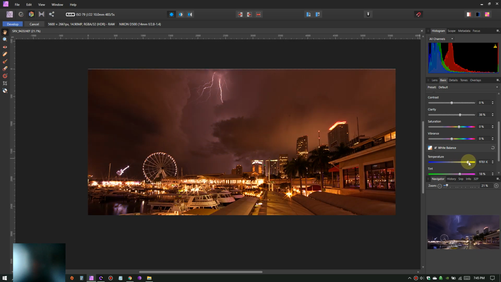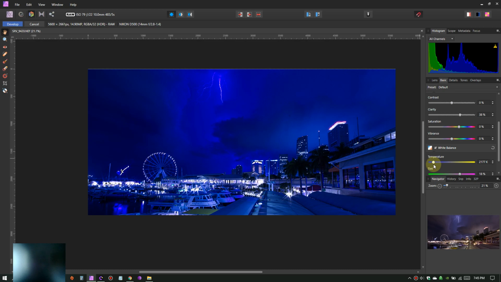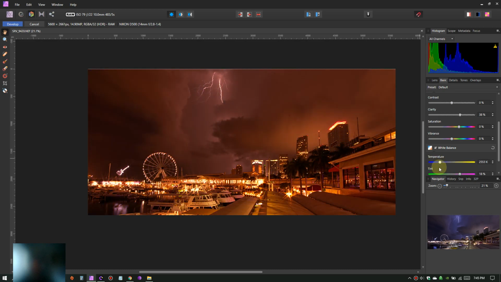This is what happens, and you can play around with this. You have Affinity Photo. Knock yourself out getting all these crazy colors and tones. Hit the recycle right there, and it brings it back to, according to the image that was processed, that tone. What I'm going to do is I'm going to bring it up just to kill some of that blue right there. I want to kill some of that blue right there, bring out the white in this cloud, kill the blue over here a bit,